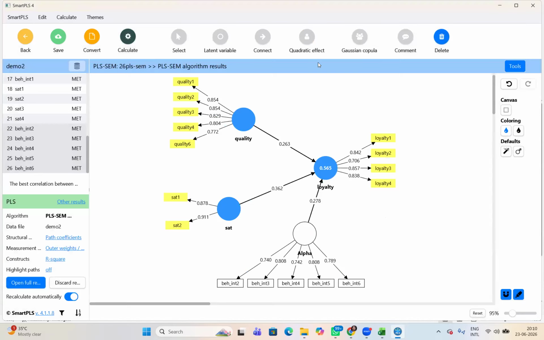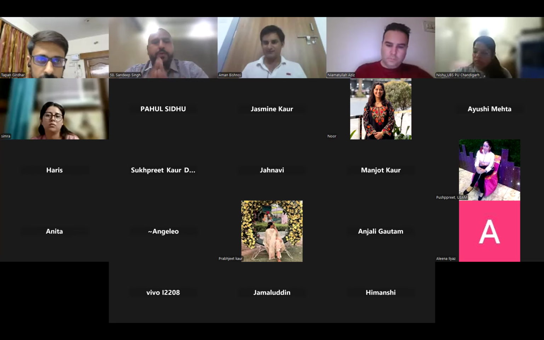Now, what is your assignment for tomorrow? You have to run this model and go through a few pages of the books and understand. We will discuss what is R square, F square, Q square tomorrow. And tomorrow we will also do some mediation and moderation models.